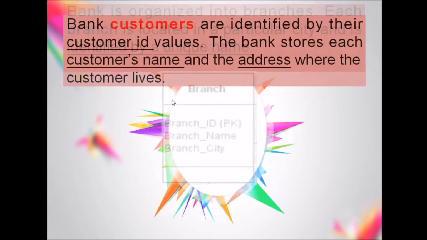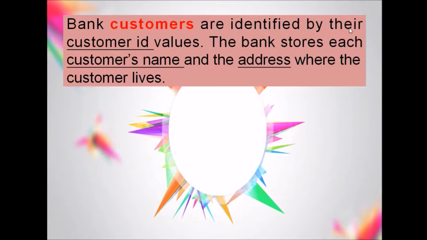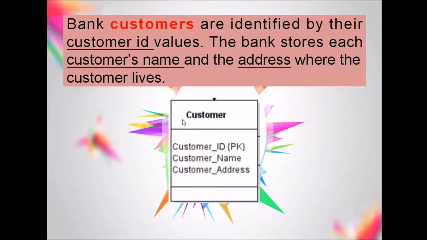Next, the bank customers are identified by their customer ID value. The bank stores each customer's name and the address where the customer lives. So the second entity is Customer, and the attributes are customer ID as the primary key, customer name, and customer